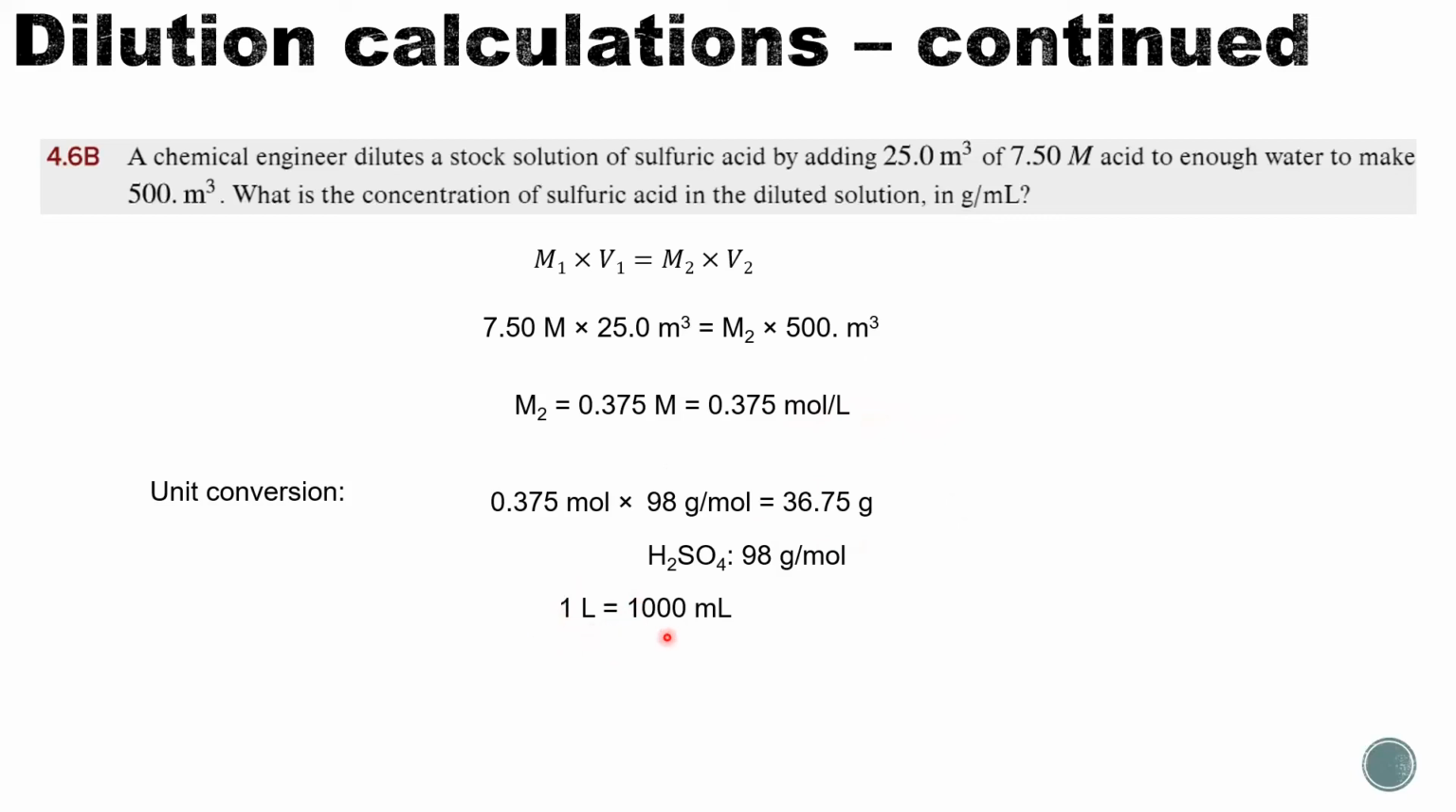1 liter of solution equals 1,000 milliliters. So we can use these two numbers, 36.75 gram, that's the mass of sulfuric acid, divided by 1,000 milliliters, the volume of solution, so that we can convert the unit to gram per milliliter. The answer is